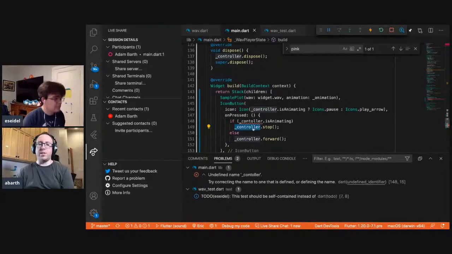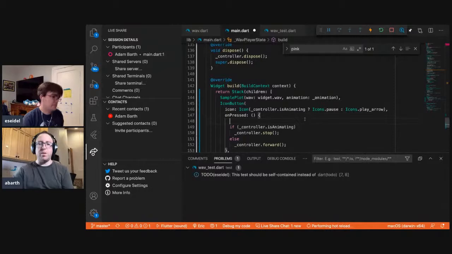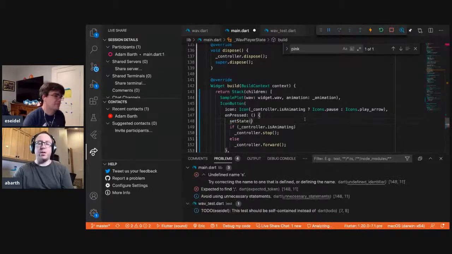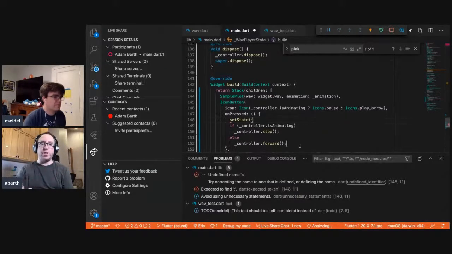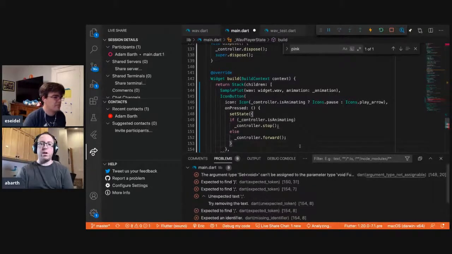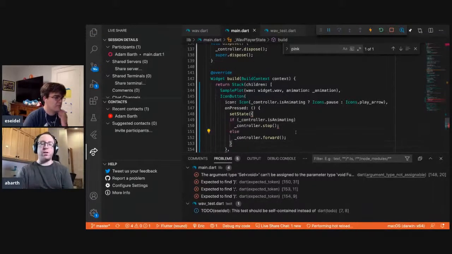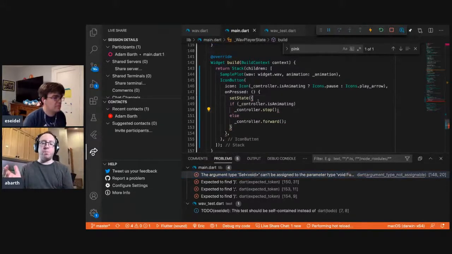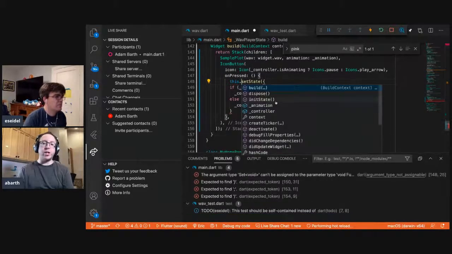So I think we're going to want to set state here, so I can describe to the team what set state is doing. So the way Flutter works is you write these build methods that say, given my current state, what constellation of widgets do I want to put on screen? And you just write it in this straightforward way. You normally think about it as, okay, my widget is being built for the first time. Here's how to build all of its children. But it also can handle the case where something changes.